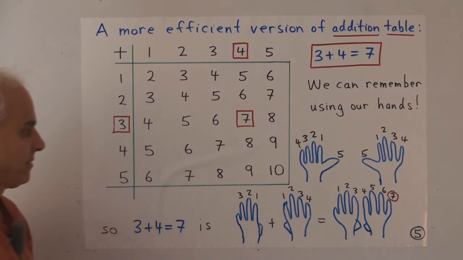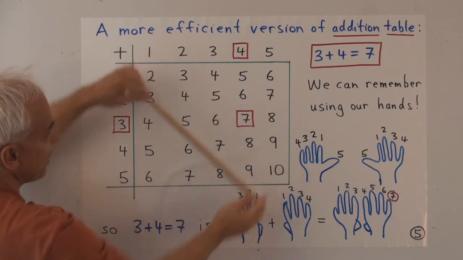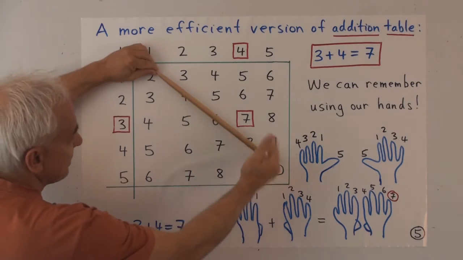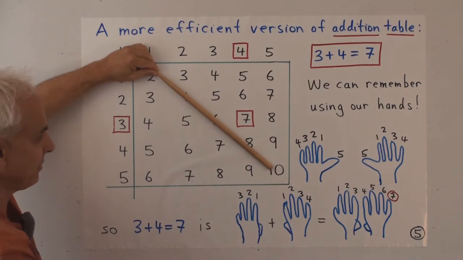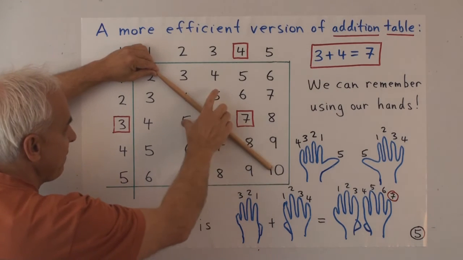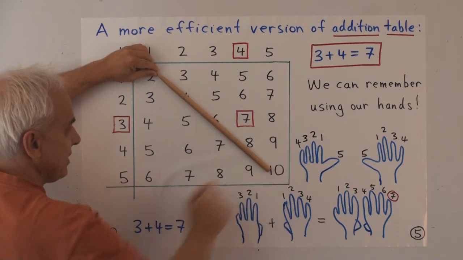That's also 8. So the symmetry that we talked about before, the commutative law symmetry, is telling us that this table is symmetric if we reflect along this diagonal. This 7 is the same as that. That 5 is the same as that. That 6 is the same as that. 7 is the same as that. And that 9 is the same as that.